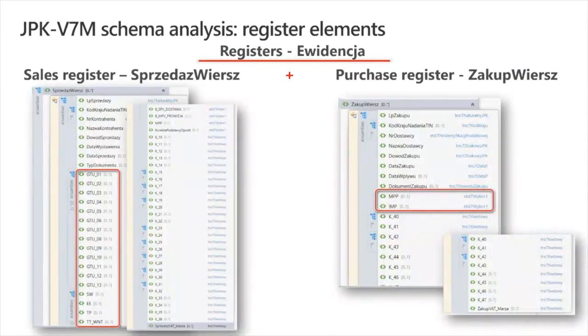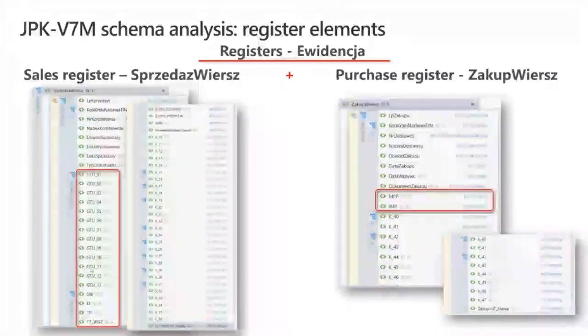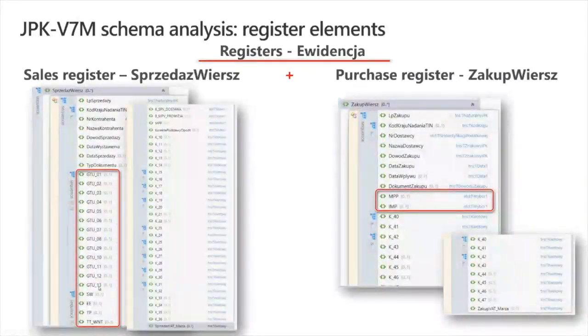The new requirements from the Minister of Finance introduced a grouping of sales transactions for specific groups of services into categories. Those are reported under the elements which are selected on this slide, from GTU 01 to GTU 13, and we'll call them further in this session goods and